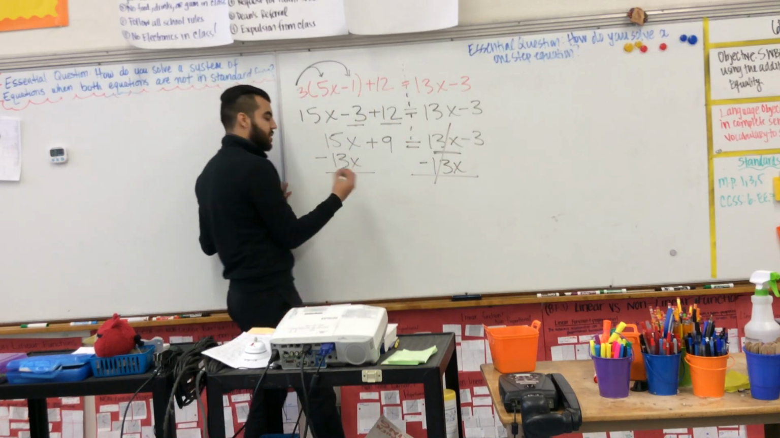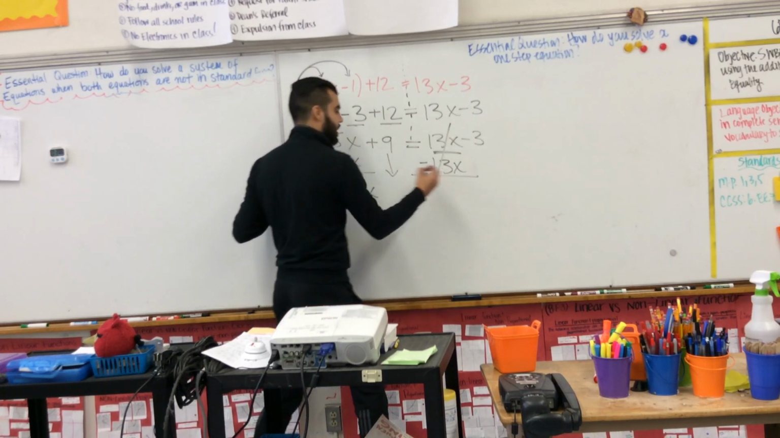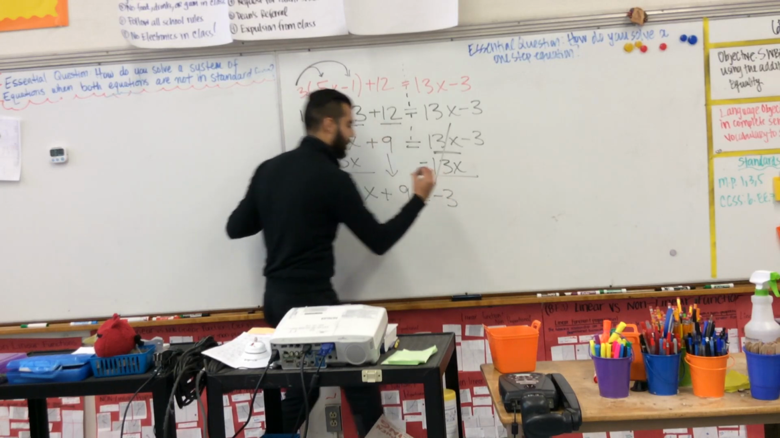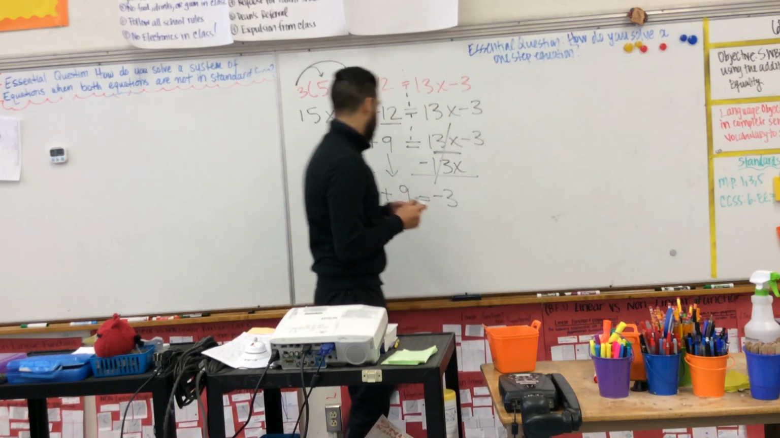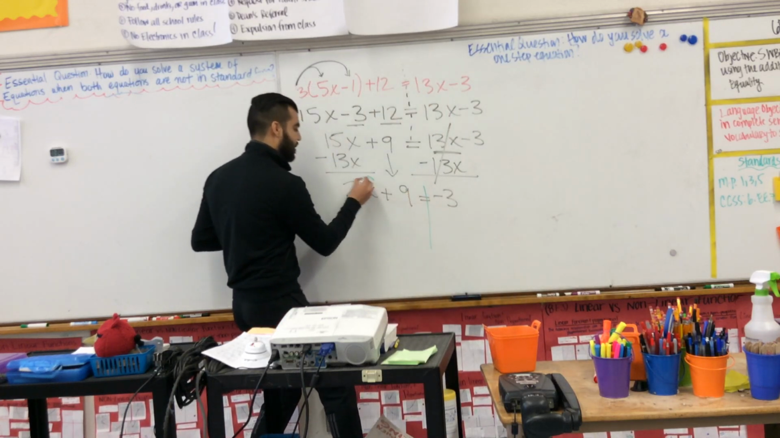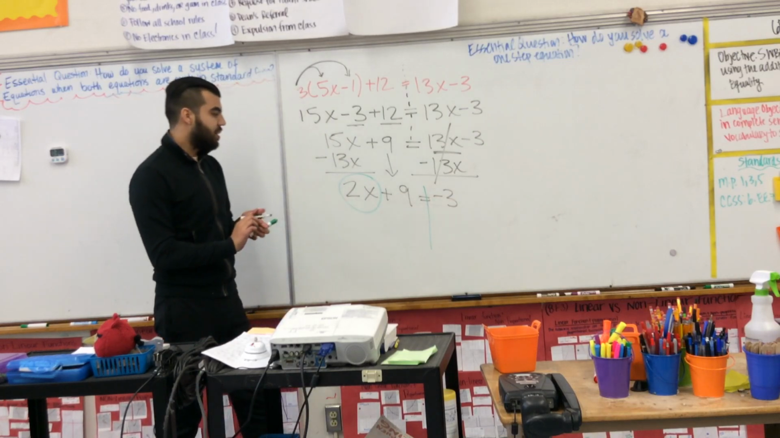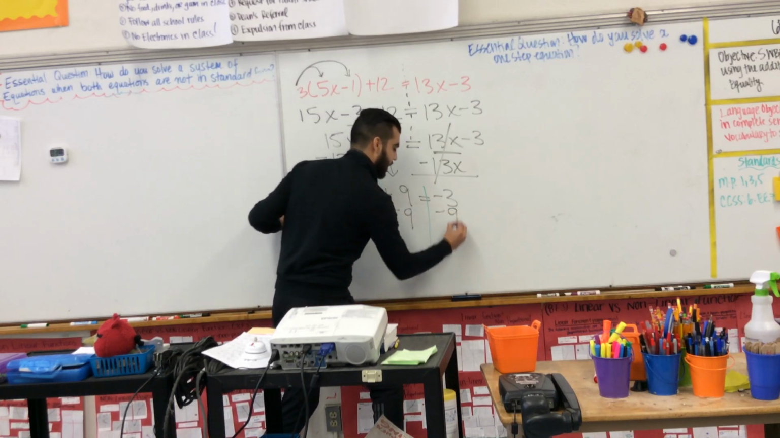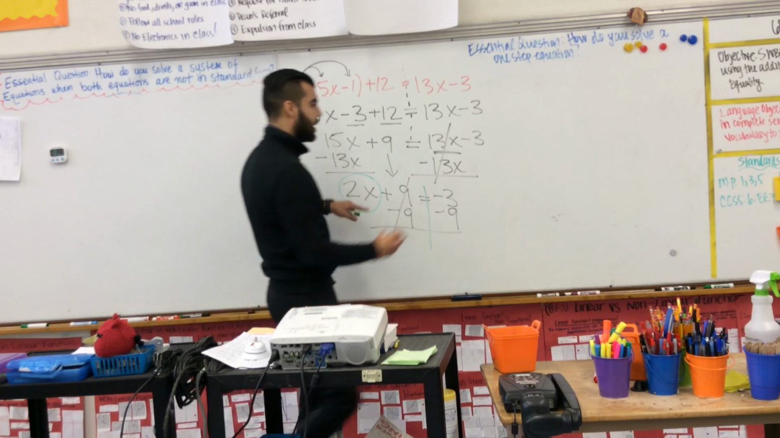15x minus 13x gives me positive 2x. Again, drop the ones that you haven't used. So plus 9 equals negative 3. Now at this point, what you want to do is you're going to draw the barrier, circle the variable. I need to move this positive 9 to the other side. The inverse of a positive 9 is minus 9. Minus 9. This eliminates, so we have 2x